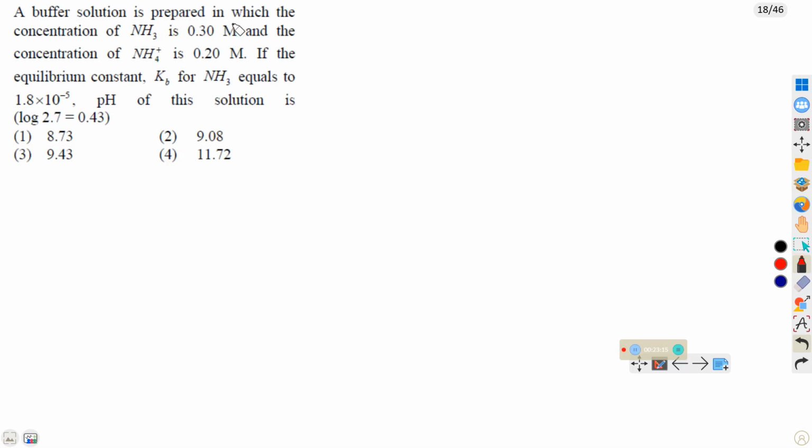A buffer solution is prepared in which the concentration of ammonia, first of all, ammonia is a base. Base concentration is given as 0.30 molar, and the concentration of NH4 plus ammonium ion is considered as a salt. Salt concentration is 0.20 molar. If the Kb value is given as 1.8 into 10 power minus 5, then pH of the solution is,